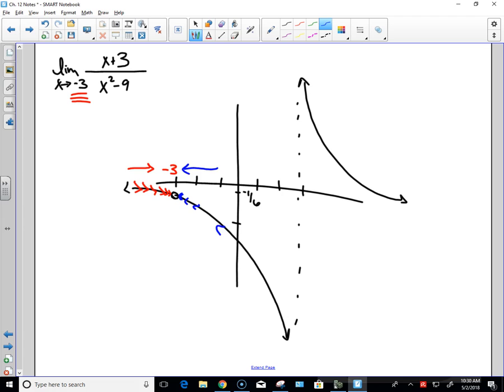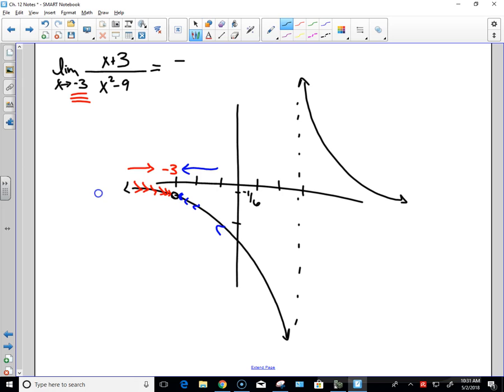And the answer is yes. Why? Because they both headed to the same place. Some people would say the diner burned down, so they went and they tried and it wasn't there. But they were headed to the same place. Either the diner burned down or they got all the way up to the door, which is a little bit more accurate, and it's right there. The burned down is kind of like there's a huge gap, and you were a little ways away from it. But anyway, either way, the limit exists and the limit equals